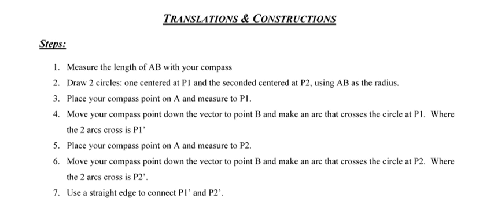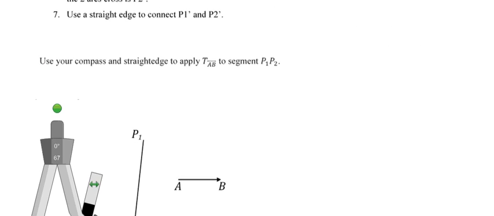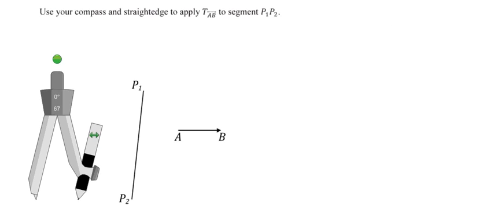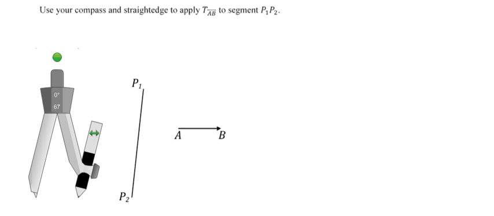Now, up at the top of the page, you see a list of 7 steps, which you are more than welcome to use. I'm going to say, let's see if we can't use what we know about our work with translations and construction so far to jump right in and figure this out. So I'm going to jump right into this. The directions say, use your compass and straight edge to apply the translation of vector AB to the segment with